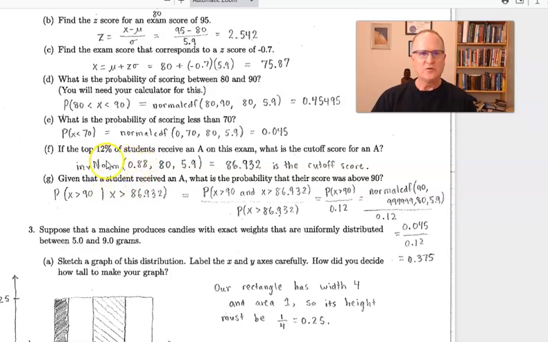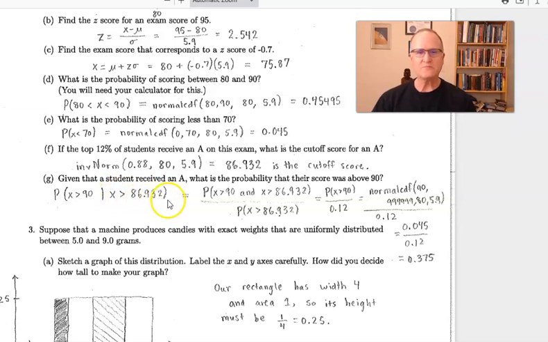Okay, so up above, it said that if the top 12% of students receive an A on this exam, what is the cutoff score for an A? And the cutoff score for an A would be 86.932. So given that a student received an A, which we can think of as given that the student received a score of greater than 86.932, what is the probability their score was greater than 90? So what's the probability of obtaining a score greater than 90 given that the student received a score greater than